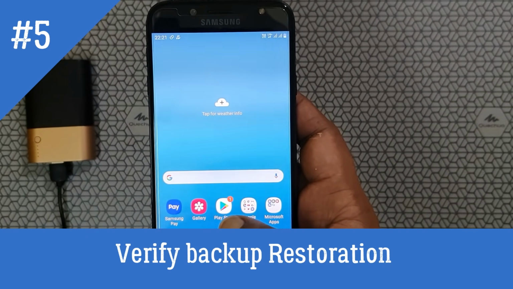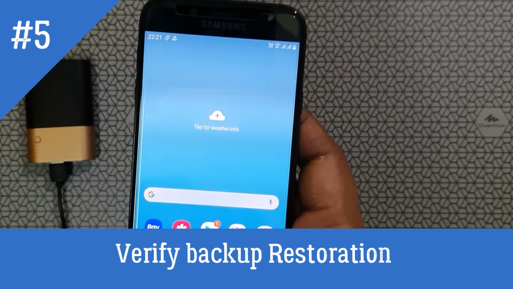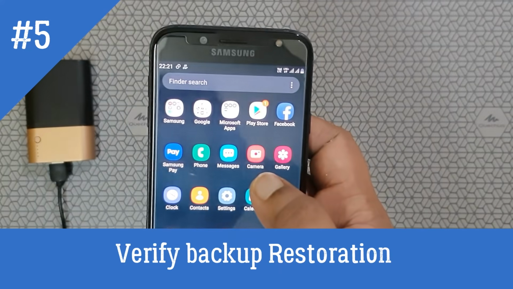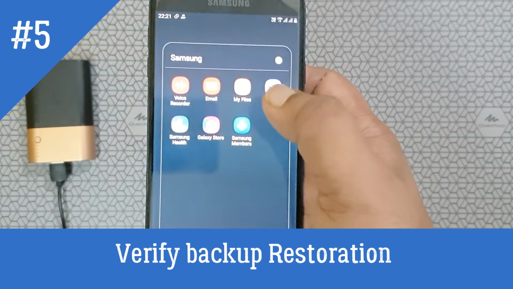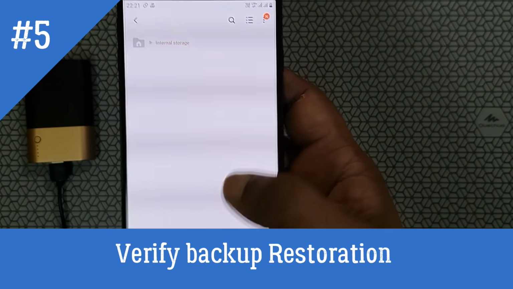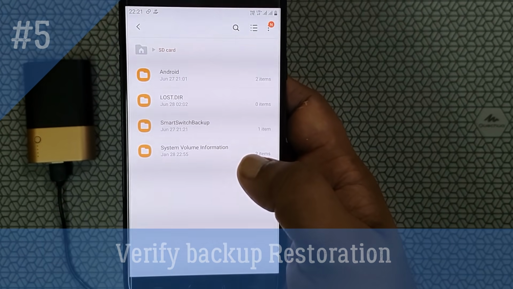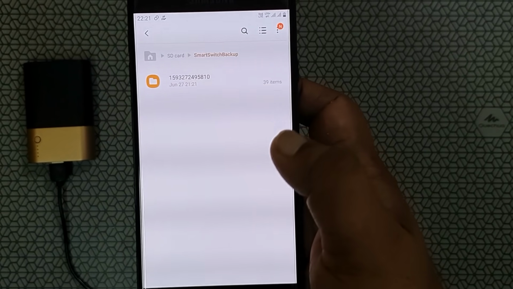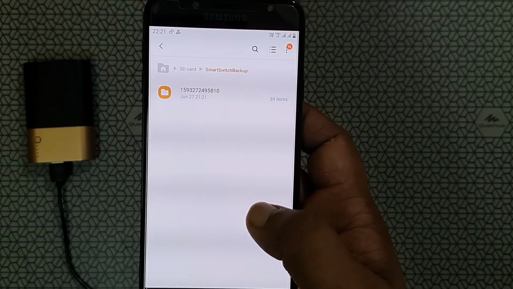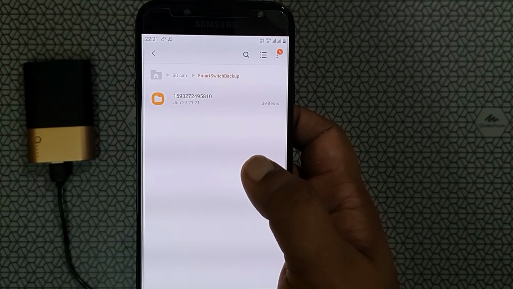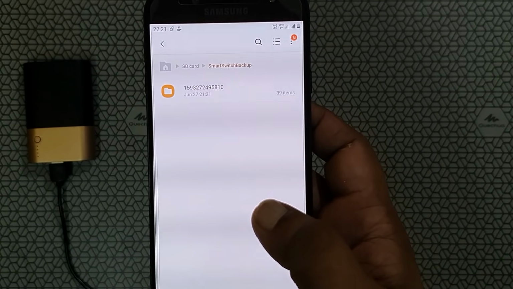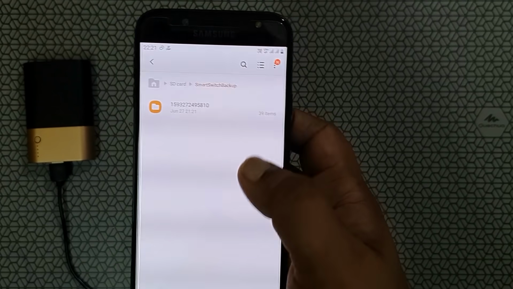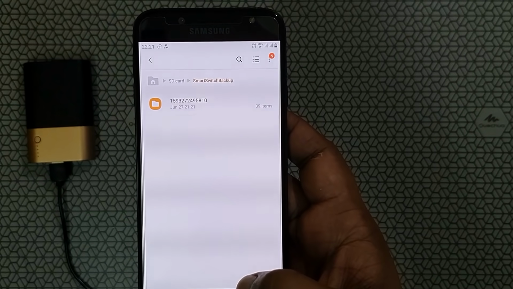It is an easy method compared to other things. If you go to the internal memory card, you can see the Smart Switch backup is still available. At any time if we face any problem, you can restore this file. If your mobile is slowing down, you can reset and restore these settings and all from it.